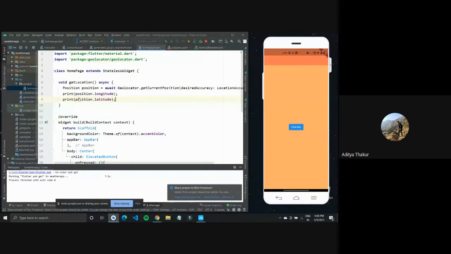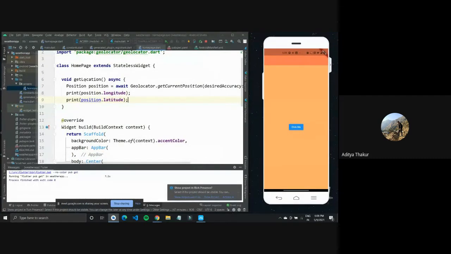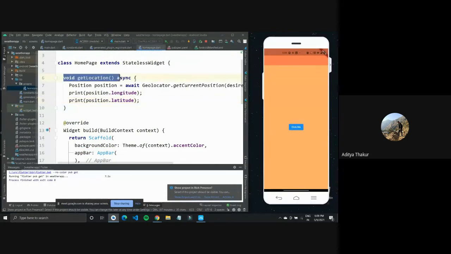So let me explain asynchronous quickly, because we have this void getLocation function which we defined as async for now. Async means it would be asynchronous, and we have this position. Now what will happen in the normal flow is, if I do not have this await, the control would go from here, it would run this, and it would go to this next statement, one by one. So if I do not have await, this process will take some time, more than regular processes to get my location, because getting location takes a big amount of time.